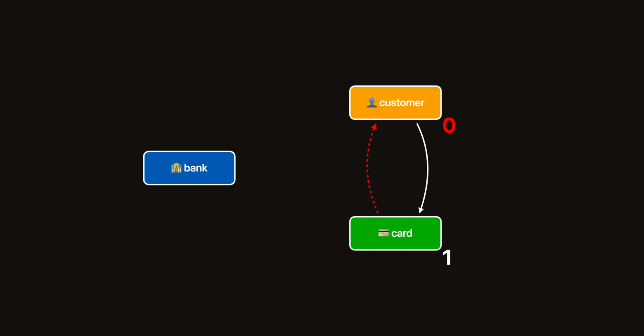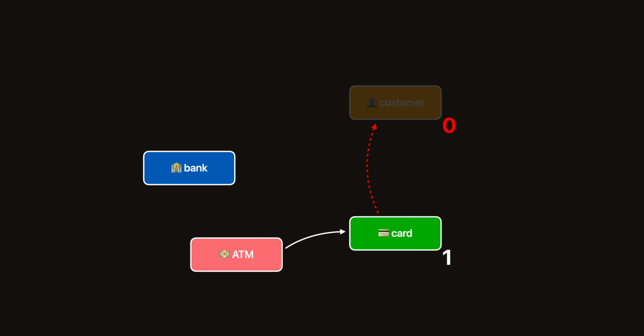If the card uses a non-strong reference to point to its owner, that means nothing prevents the customer from being deallocated. You can end up in a situation where the card still exists, but the customer doesn't. Let's say an ATM is using the card, and at the same moment the bank closes the account. The customer object goes away, and so does its strong reference to the card. But because the card is retained by the ATM using another strong reference, the card's counter is above 0, so it stays in the memory.